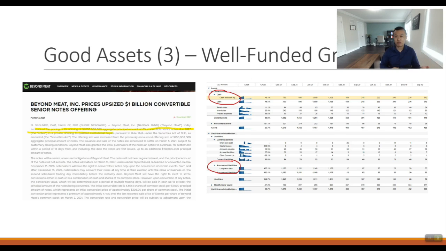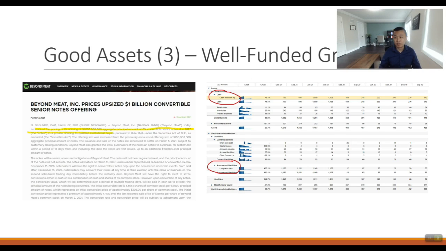So when they offered this, they had about 60% upside before conversion. The stock was, I think, $140. Now the stock is $40. So it's a long way from this potential dilution, potential conversion. Even if it ever gets near that point, I think the equity holders in today's world are going to benefit greatly, right? And if you look at the balance sheet, this is not a Beyond Meat video.